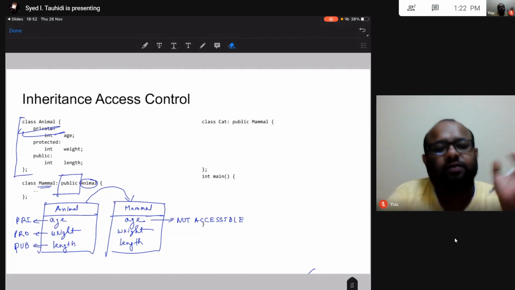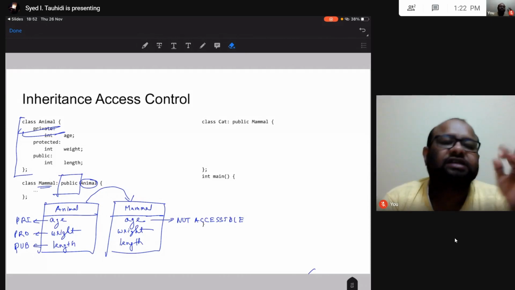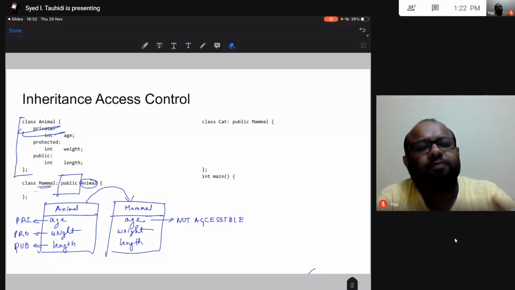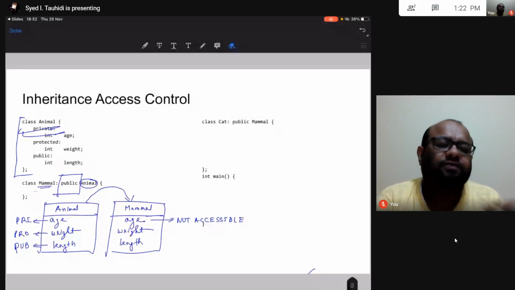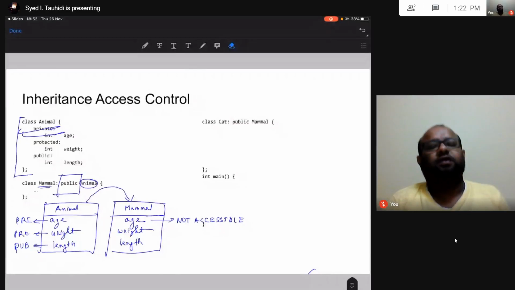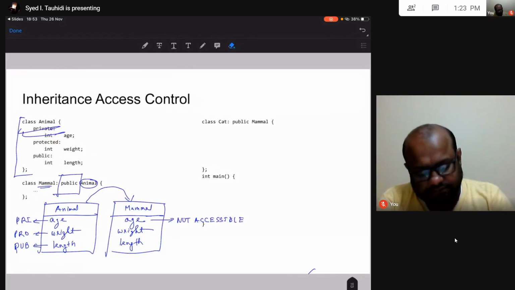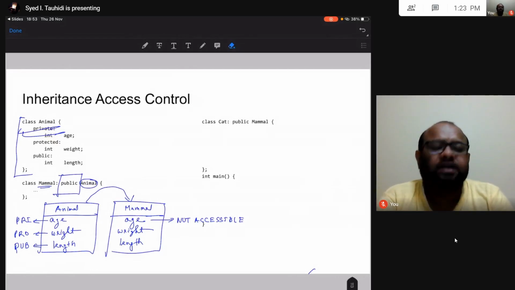That is what I was saying. In animal class, I can access age because age is private, and we can access the private, public, protected, all kinds of attributes of our own class. Therefore, I can access age in animal class, but in mammal, I cannot access age, because age was private in animal.